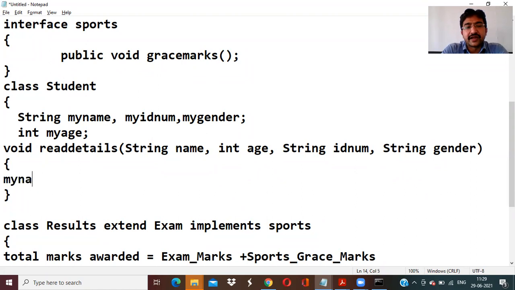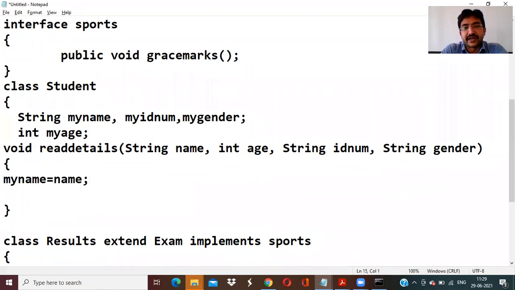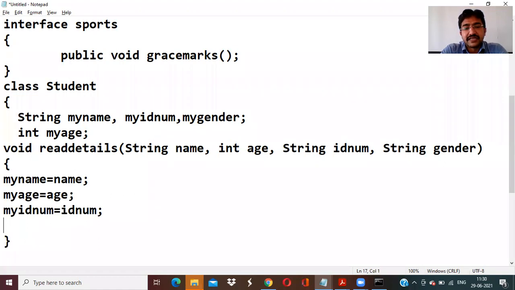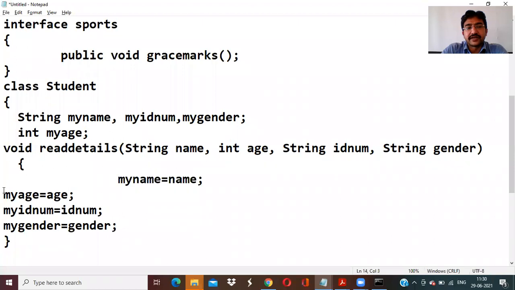So name is assigned to my name, age is assigned to my age, ID number is assigned to my ID number, and gender is assigned to my gender. Like this, we have to assign for this one. So this is some sort of stuff we need to do over here, right?